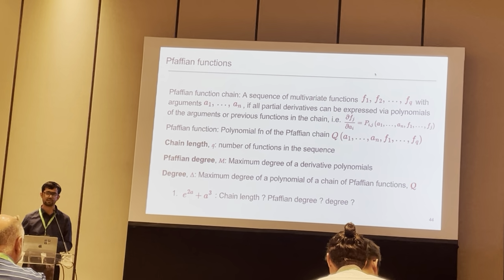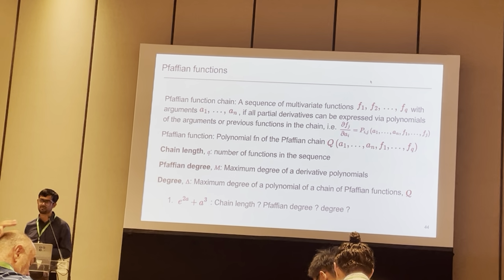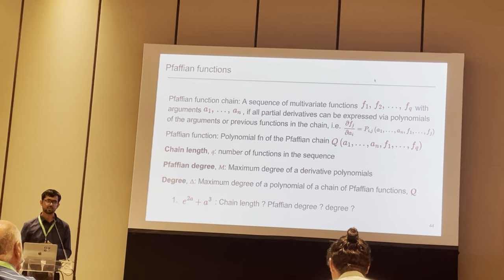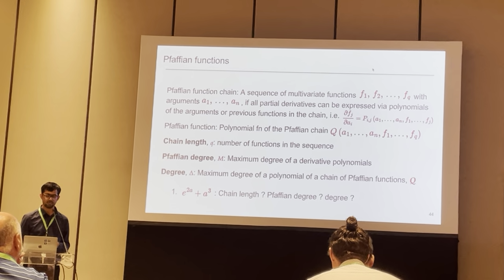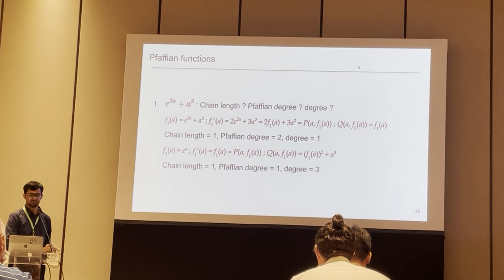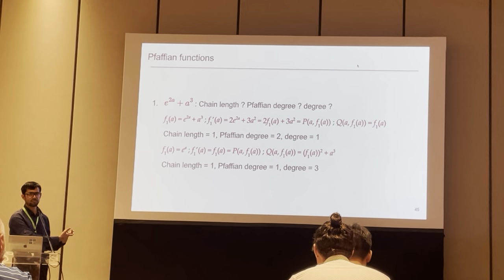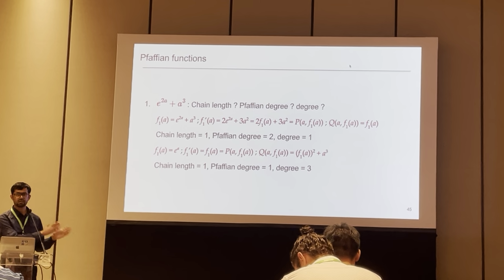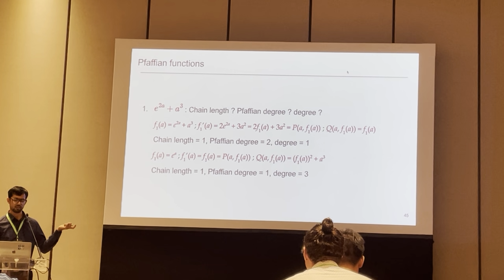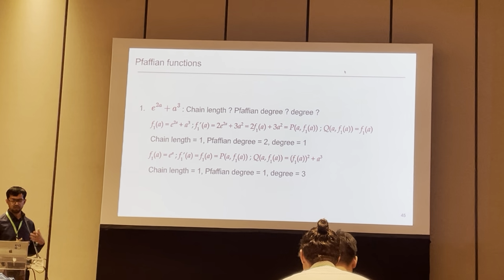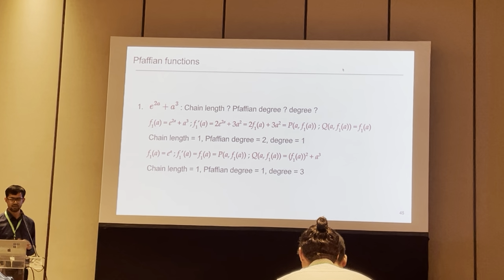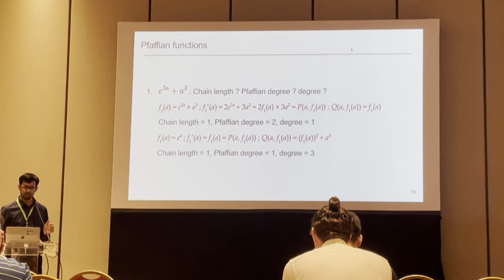You can come up with different Pfaffian chains, and they might have different degrees. So you want to do it in a somewhat smart way so that at least you can give an efficient bound of these quantities. Here you can just put the entire function in your chain. You can put your function f1 as just this entire function, take its derivative, and you realize that it can be expressed using